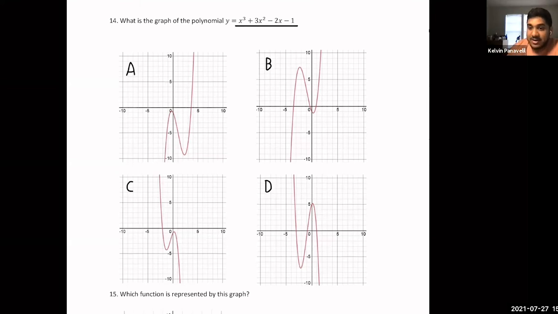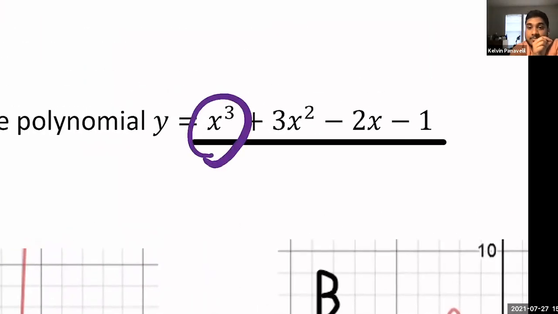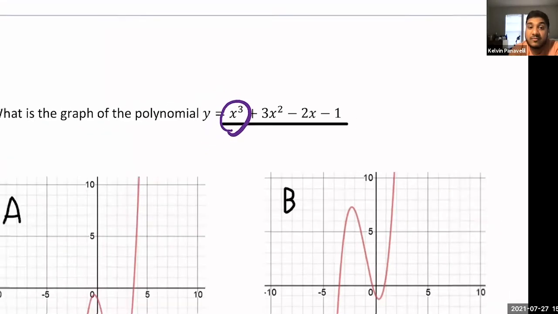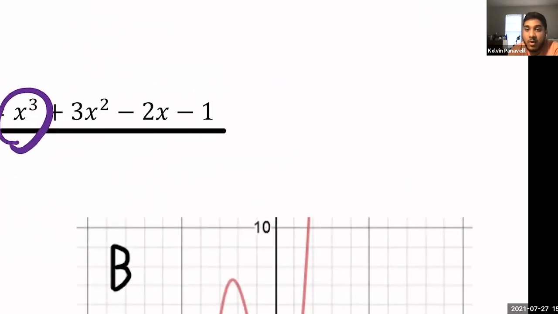Cool. So I'm getting a couple of answers, and both of them are correct. The x cubed, x to the third, tells us that we're going to have like three changes in direction, or that it's going to be an odd function that ends in opposite directions. And then the -1, really good job. A -1 is going to be the y-intercept. So we know that the y-intercept has to be -1.